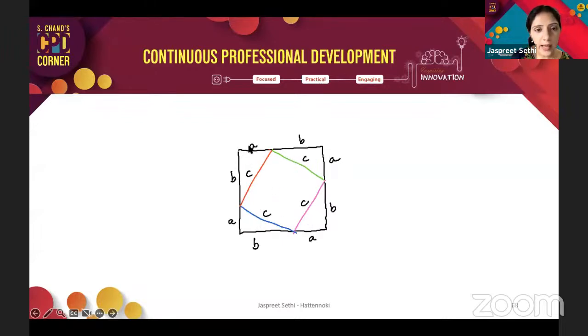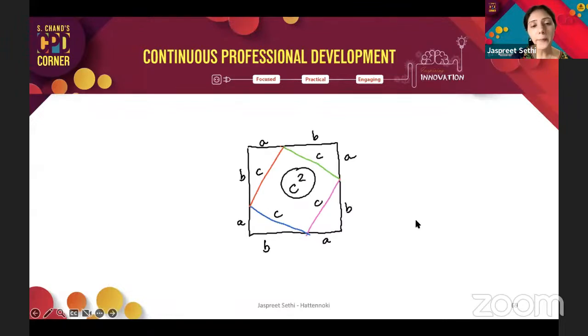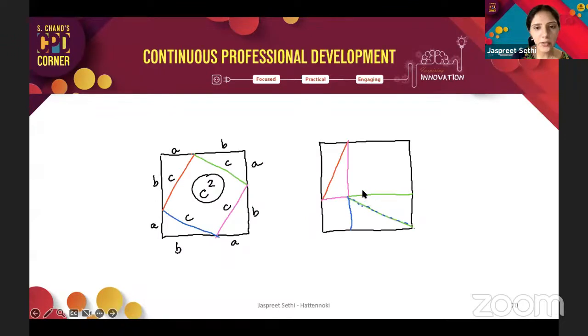prove are similar. And I have my shorter sides, A, B, and the hypotenuse, the longest side here, which is C. And that's the case for this inscribed square. And I understand that the square's area is going to be C square, this colored one. And now I'm going to do a little bit of movement. The movement is going to be, and I'm going to show that transformation, that I am going to get my red and my pink to meet a little bit.